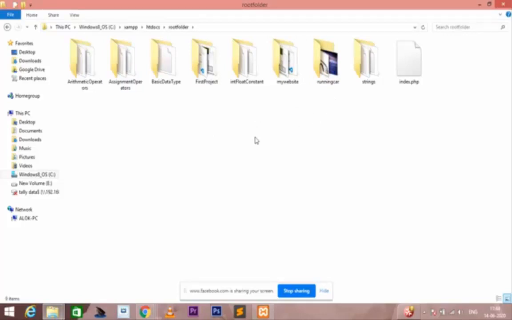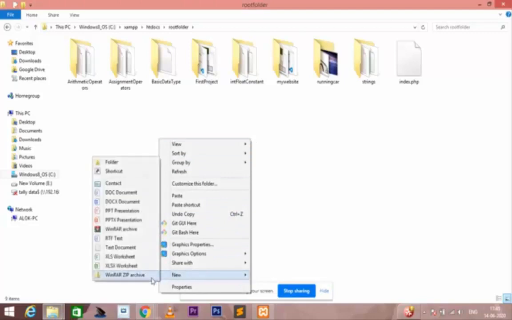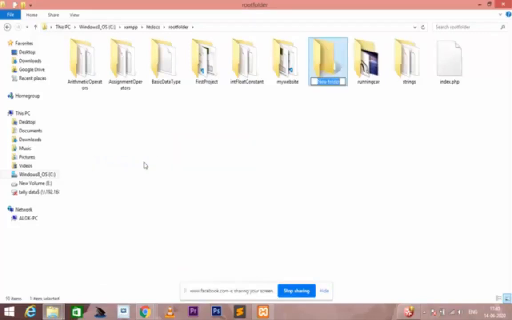In order to run a project, I create a new folder, and the folder name is car.